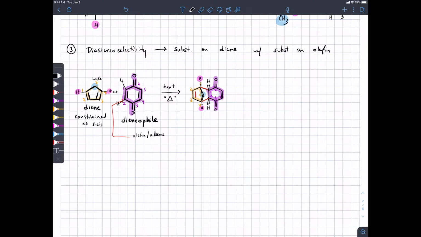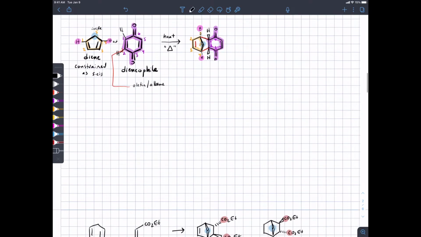People get confused a little as to which carbons over here are from here. Remember that the 2 bonds we make are here, so carbons 1 and 2 come from the olefin. That means these CH bonds for these hydrogens must also come from the olefin. So presumably we get this product from approach of the diene